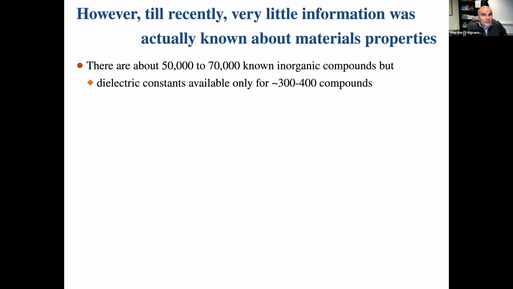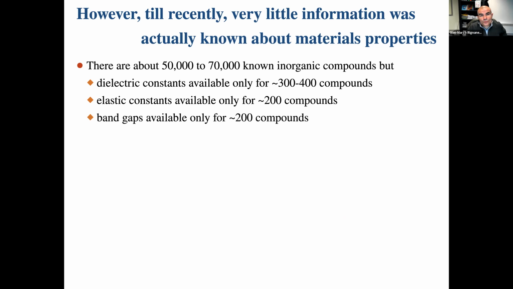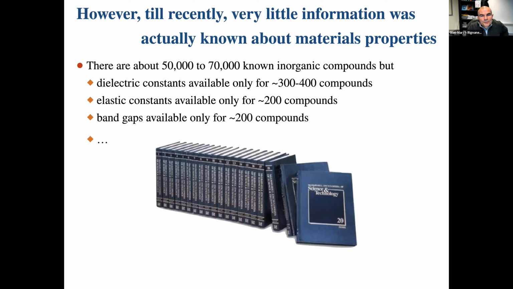And if you look at the number of available dielectric constants, there are about 300 to 400 of those for different compounds. You have the elastic constant for 200 compounds, roughly. The band gaps for 200 compounds. And if you put everything together and you make a guess about how many materials you have, even looking at 50 to 70,000 materials, when you look at the amount of information available about them, that's basically a coverage that is below